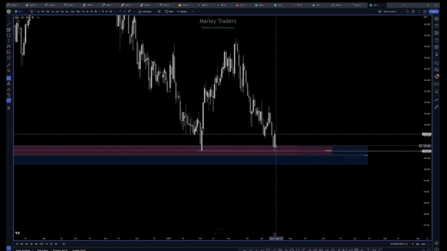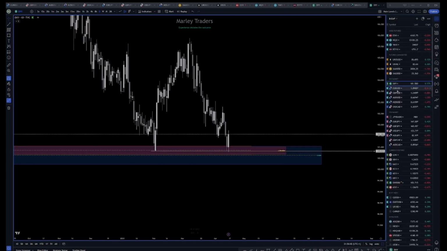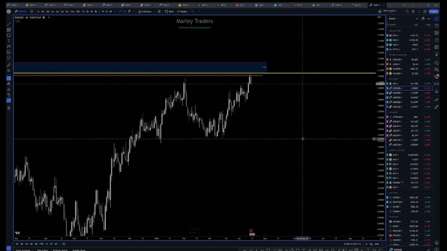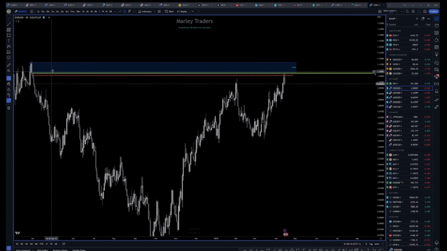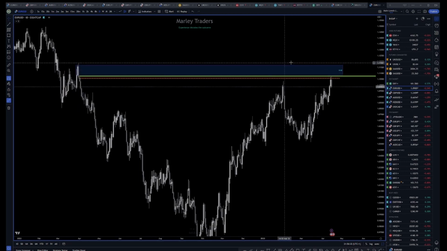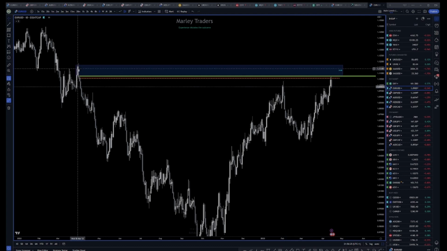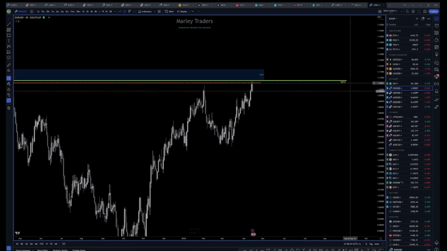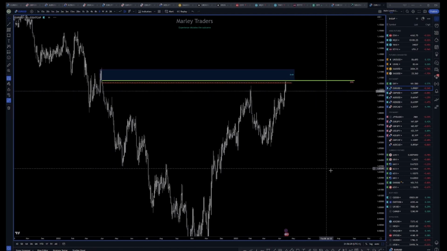So we know the dollar was going to bounce from this level. So what did we do? For the FX, let's start with the FX pair. Let's just choose a random one. Now we didn't really do much with the yen pair. These couple of days, let's start with Euro USD. So yes, at the same time, this was our drawn liquidity on a higher time frame. So this was our higher time frame draw on liquidity. So we have a daily order block right here. So this area was our drawn liquidity, and then